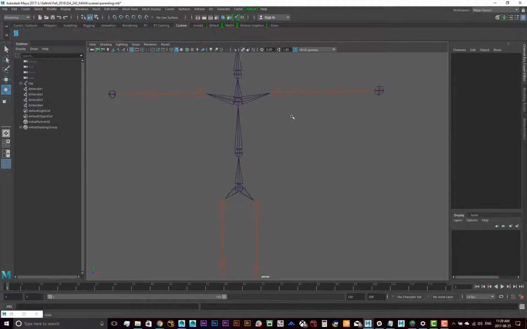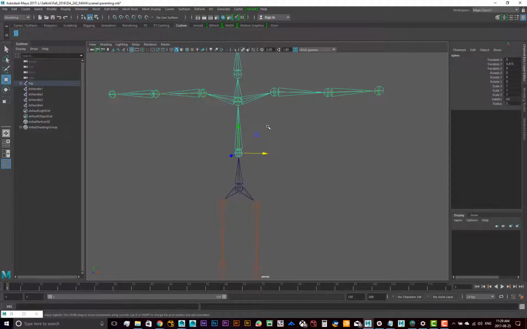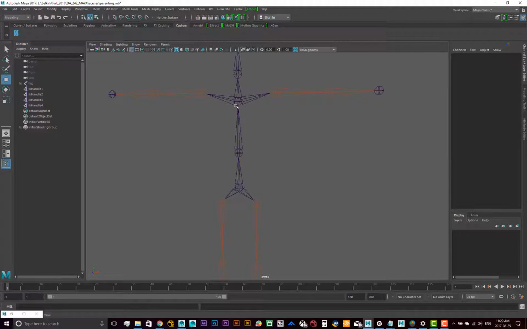But bones, they have no function really. They're just a visual indicator. They're for selection purposes. The only thing that these pieces in the middle here do is allow you to click on one and it'll select that joint hierarchy. So the only thing that really matters when it comes to the structure